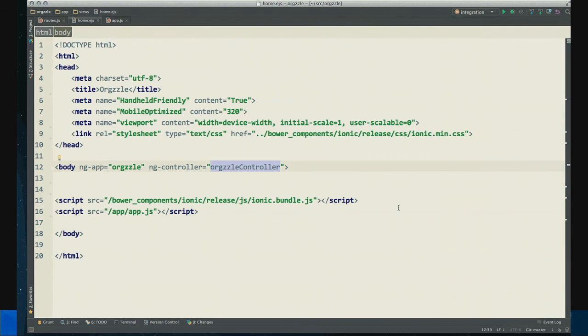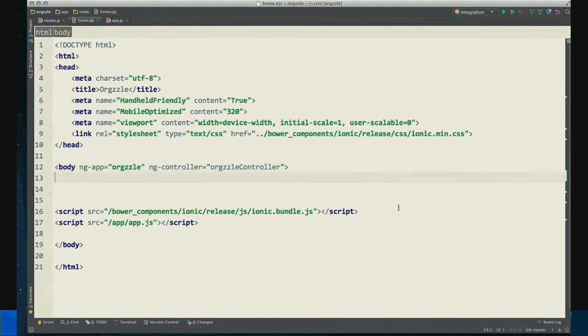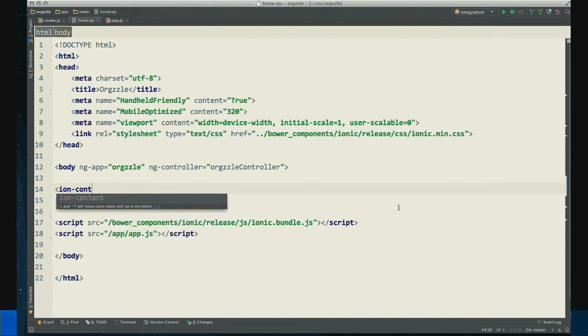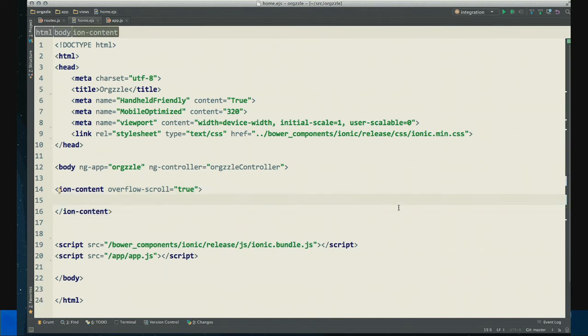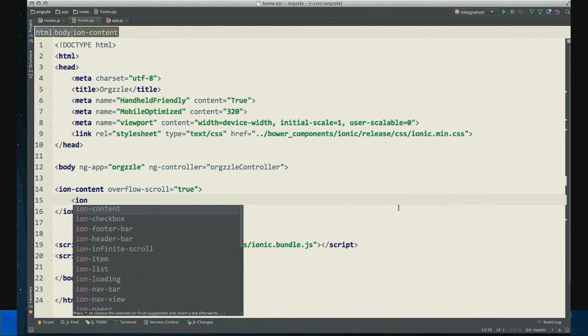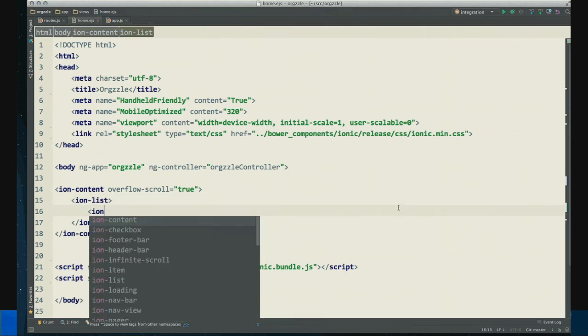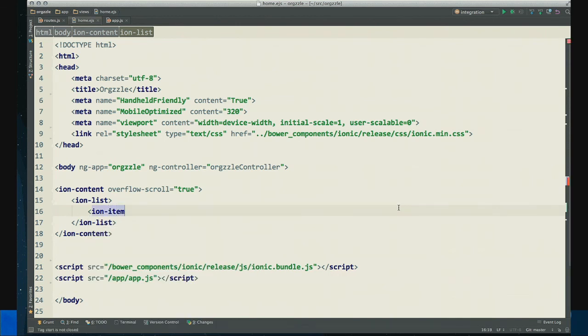So if we jump back over, the last thing that we really need to do is, we have that data now on the scope, we need to iterate across the array. So I'm going to use Ionic's content pane to give us a nice scrollable content of the list of accounts. And then we're going to use its list view widget. So I'm going to pull in ion-list, and for each account I'm going to set it up so that the ion-item repeats over that array of accounts. So I'm going to give it an ng-repeat for each account in the accounts array,